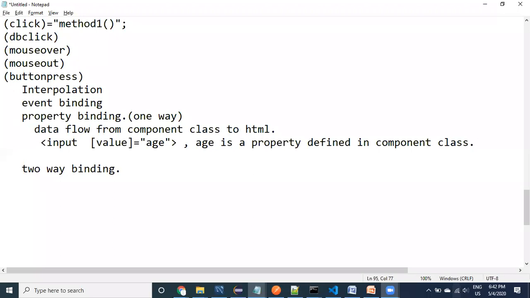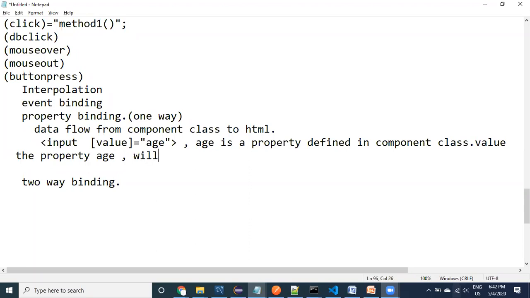The value of the property age will populate into the input box inside the HTML. This is the meaning of this particular one.